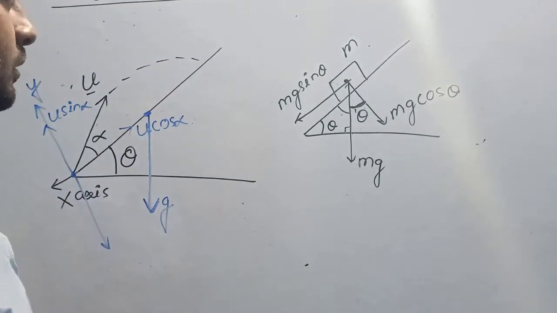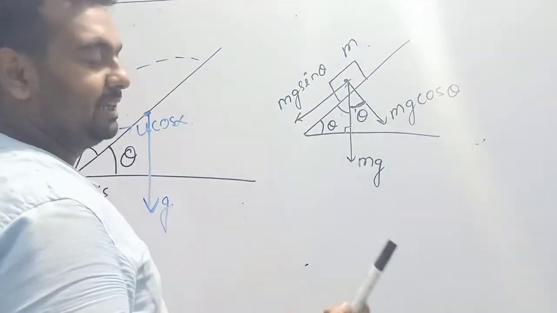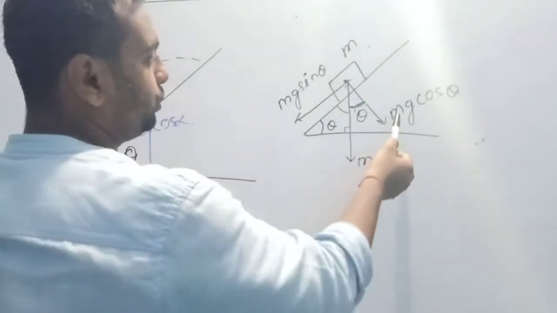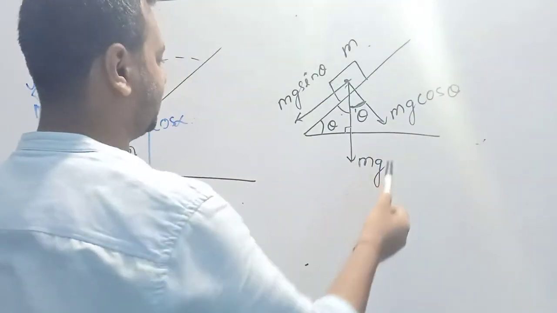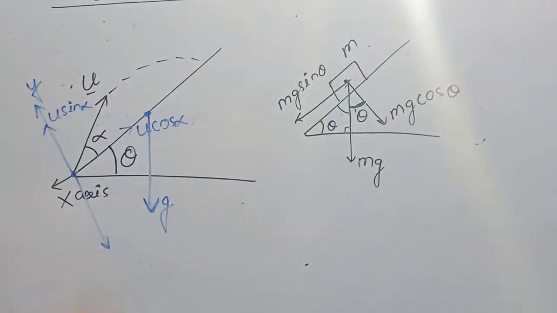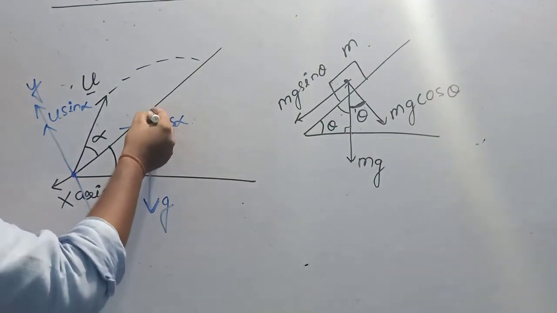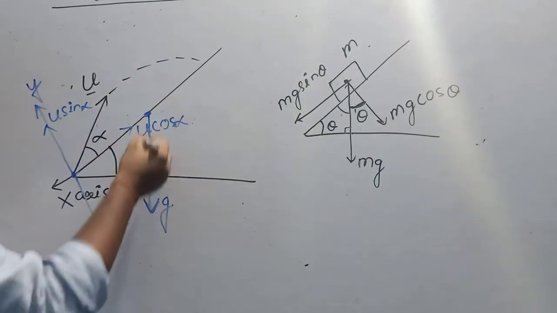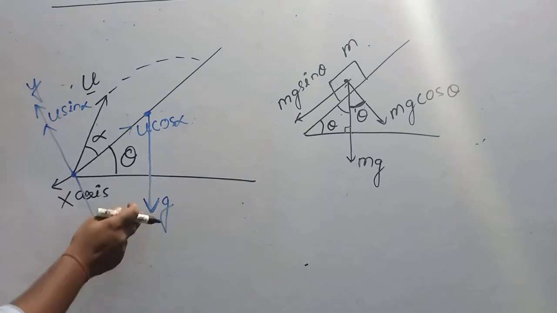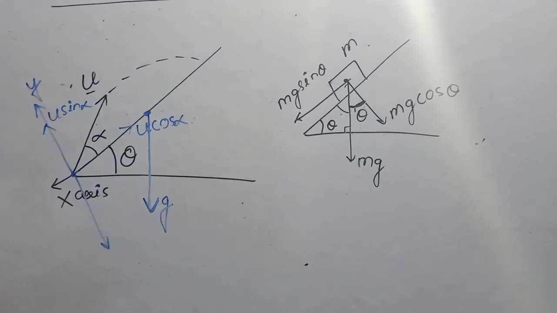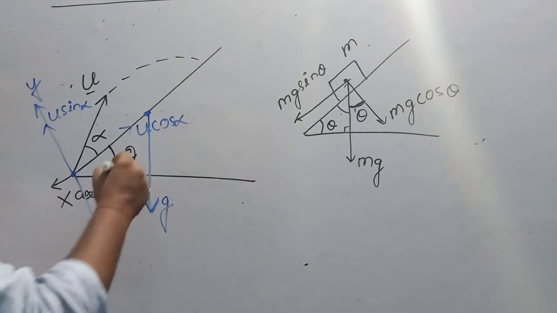Okay, so is this clear to you? I am replacing this mass in the downward direction. The direction of acceleration of this object will be towards the center of the earth. Now I am going to resolve acceleration due to gravity into its components. It will again have two components.